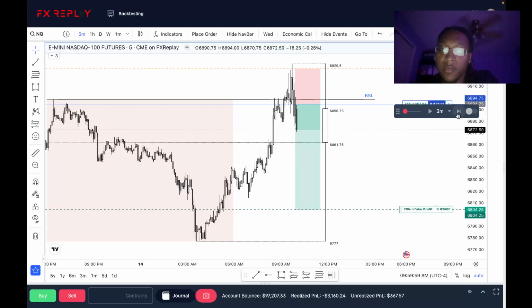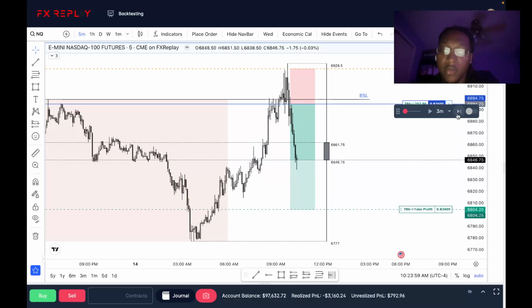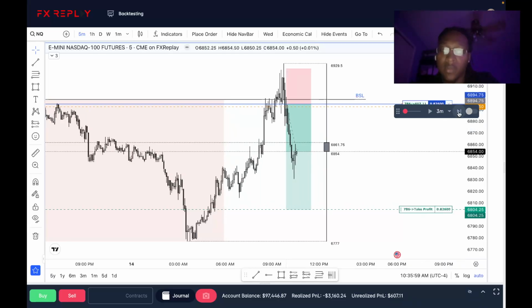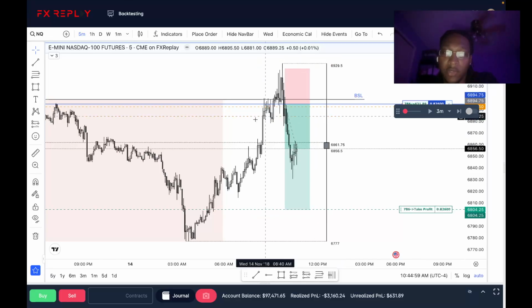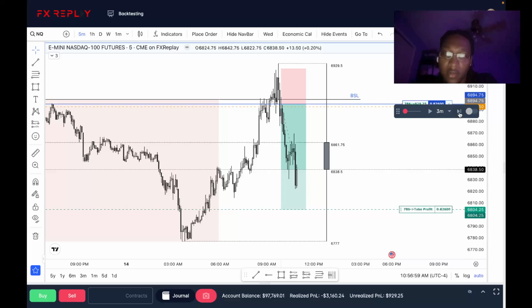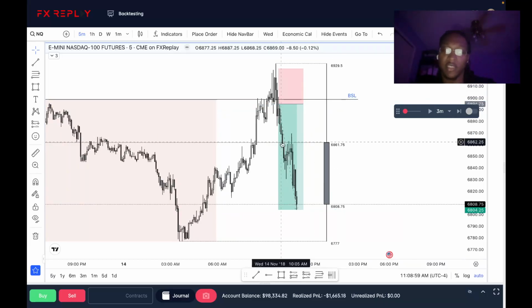Get tagged in. Price drops. Continues to drop. Continues to drop. Nice. I like this drop. Stops to break even or a little bit in profit. Risk is off the table. I want to see this daily open be used as resistance, especially fully filling in this inefficiency here. Nice. Nice. Nice. Beautiful trade. Beautiful trade.